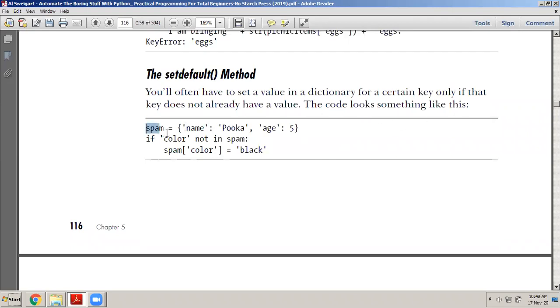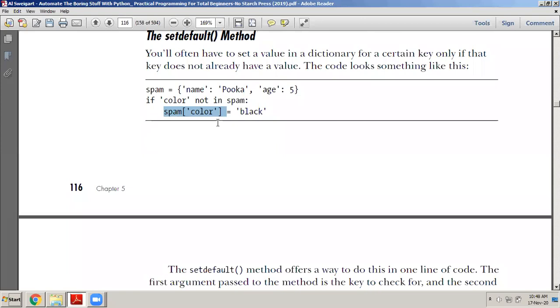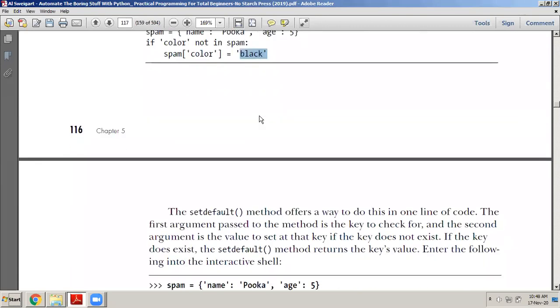If I have a dictionary called spam containing name, which is Puka, and age, which is 5, and I'm searching for a particular key: if color is not in spam, then spam of color is equal to black. I create a new element in the dictionary. The key of that element is color and the value is black. So I set it like that.